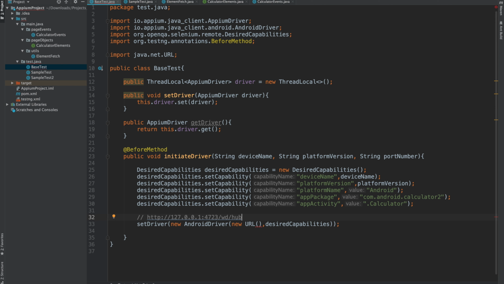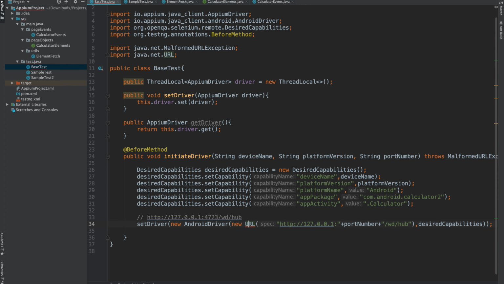However, as we will be running this script parallelly, we need to have two port numbers here. So we will be parameterizing this particular port number. So I'm copy pasting this URL and I'm sending it here within the code. However, as I need to parameterize this, I will be separating this and putting plus port number and another plus and then the code. So yeah, the port number has been parameterized now, and I guess I need to add the exception to the method here. So yeah, that's it.